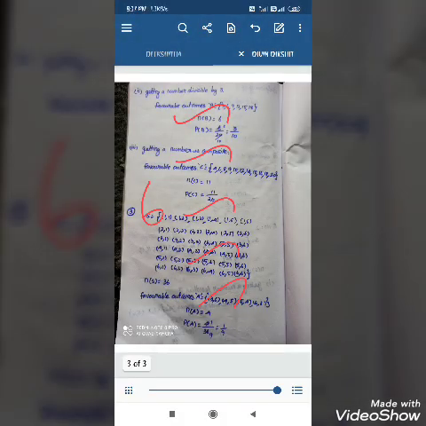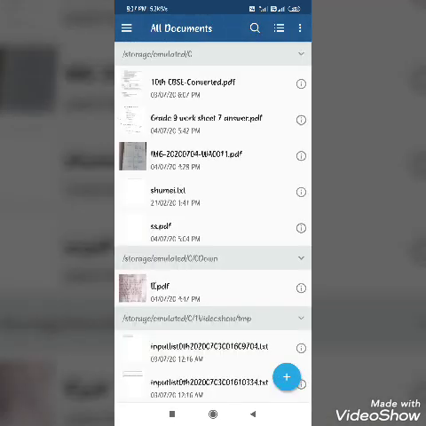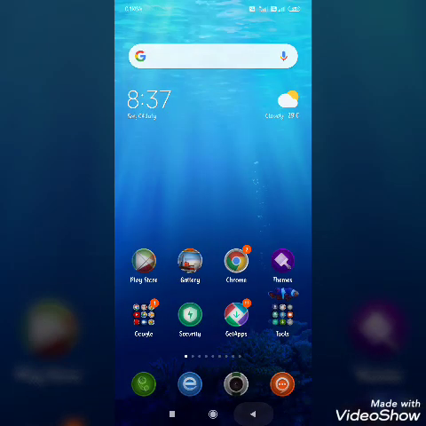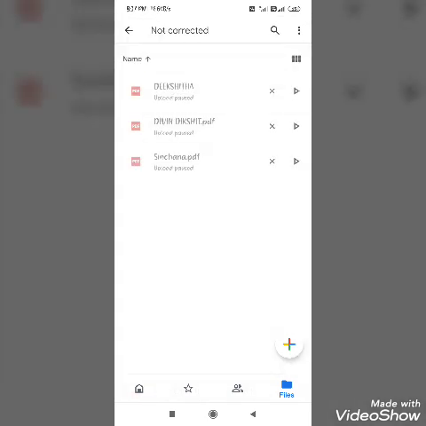Now it's saved. After that you get out from that app and next you need to go for checking Google Drive, 10th CBSE. Now I clicked corrected. The not corrected paper is always there, and also you go and check the corrected paper. Here I corrected 2 papers and you have to see the arrow mark. You touch that and you need to upload. After that only you have to open it.